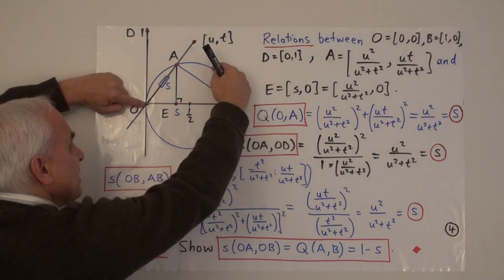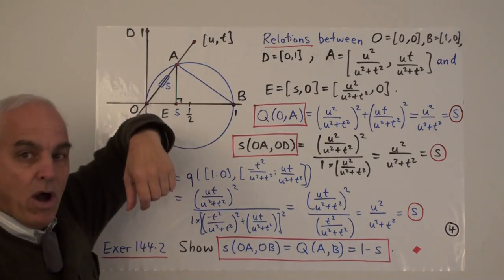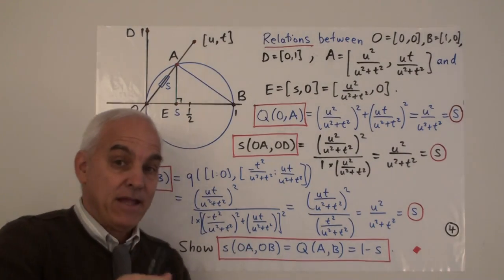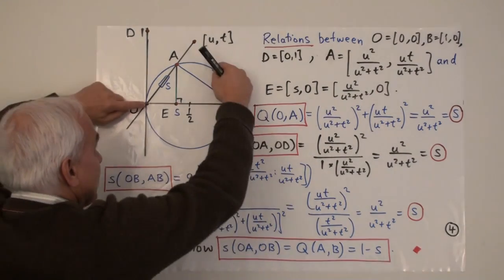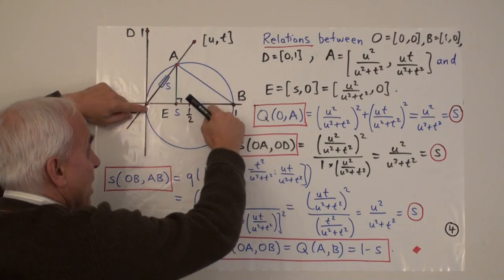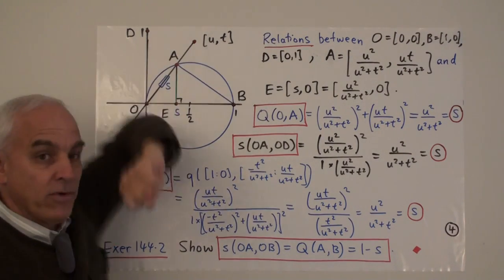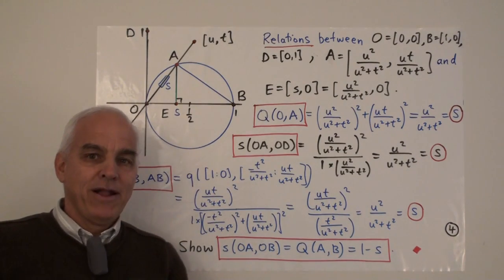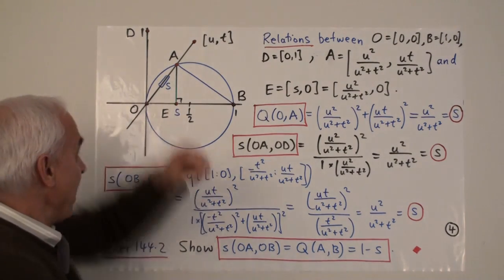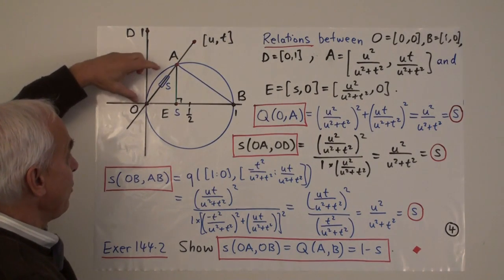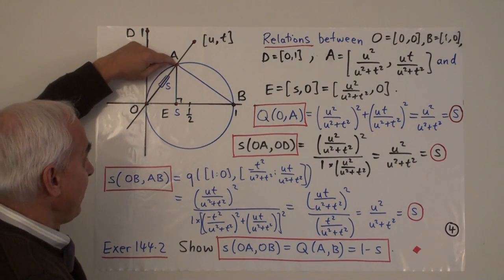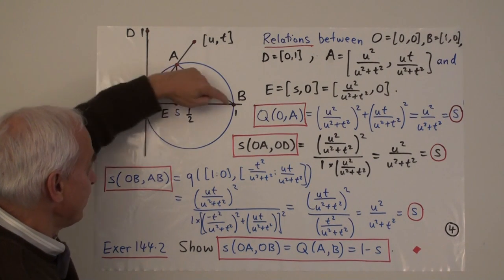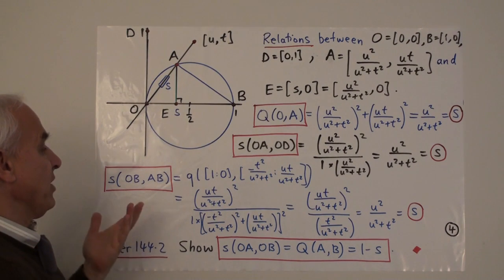So if you have this segment here, for example, and you want to know what's the quadrance, you don't have to take your ruler and measure its length and then square it. You just take that point and you drop it down and you measure that x-coordinate, and that is the quadrance. It's actually simpler than the distance. If I ask you what's the distance from here to here, well, you have to take your ruler and make that measurement. Here you just drop that thing down and there's an x-coordinate on this ruled line right here, you just read it off.